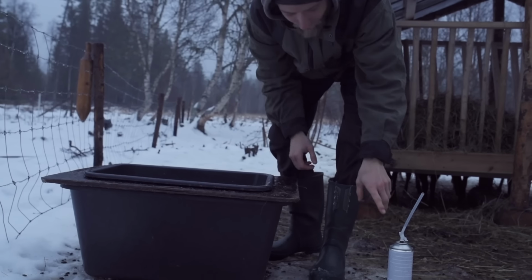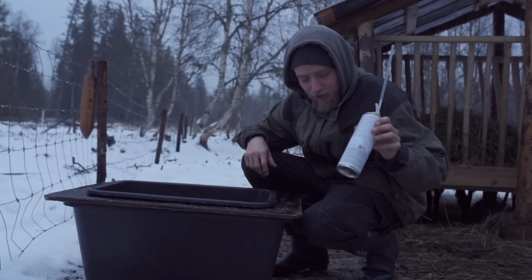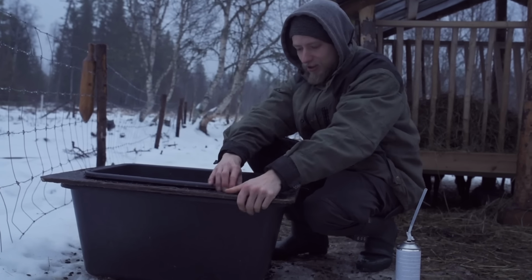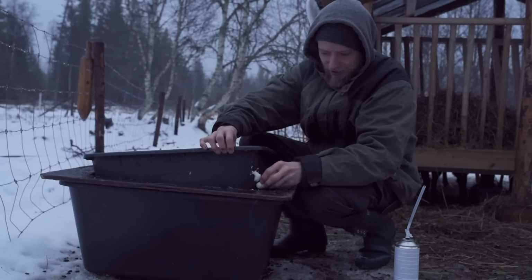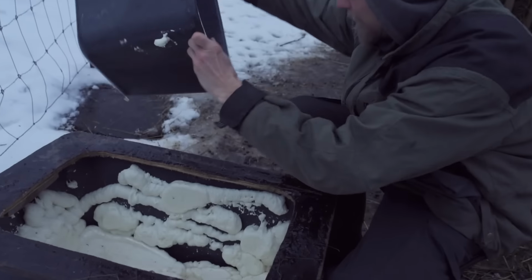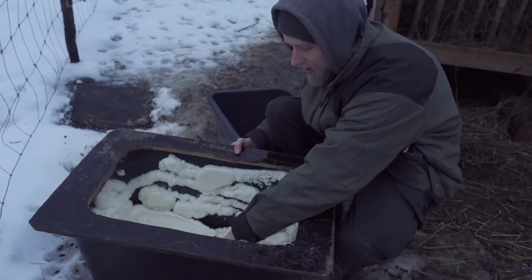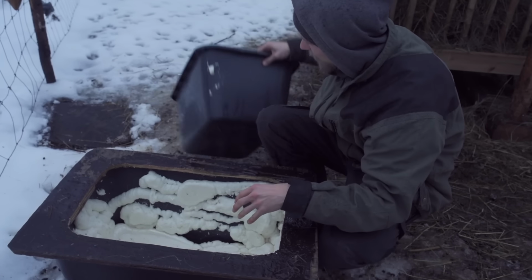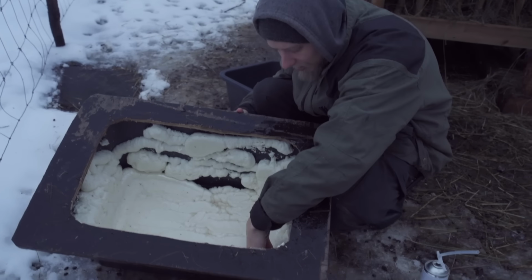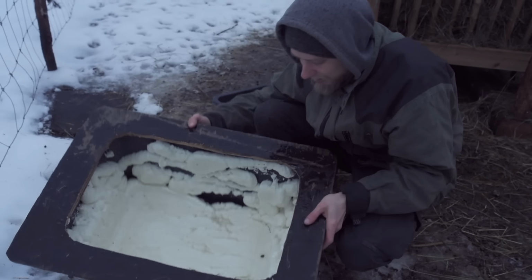But I already put some of these here, but it was way too small. I've never used something like this before, so I didn't know how much I needed. So I just bought one. So let's see if I can get this. So now you see this is isolating between these two, and it was almost what I needed. But now I see there is water here too,